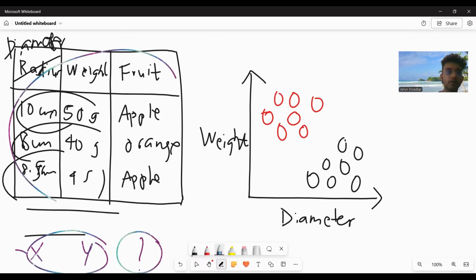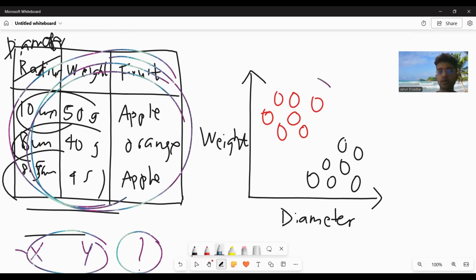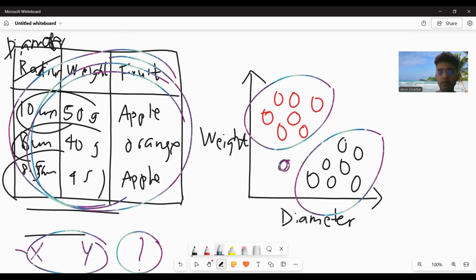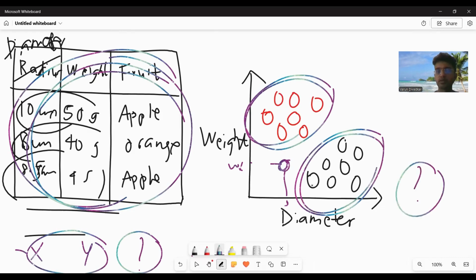By studying the characteristics in this table, I see some fruits over here and some fruits over here. So now given a random fruit, this one, which lies somewhere over here with diameter value D and weight value W, which class does it belong to? Does it belong to this class of apples or this class of oranges? How do I solve this problem? So this is a typical